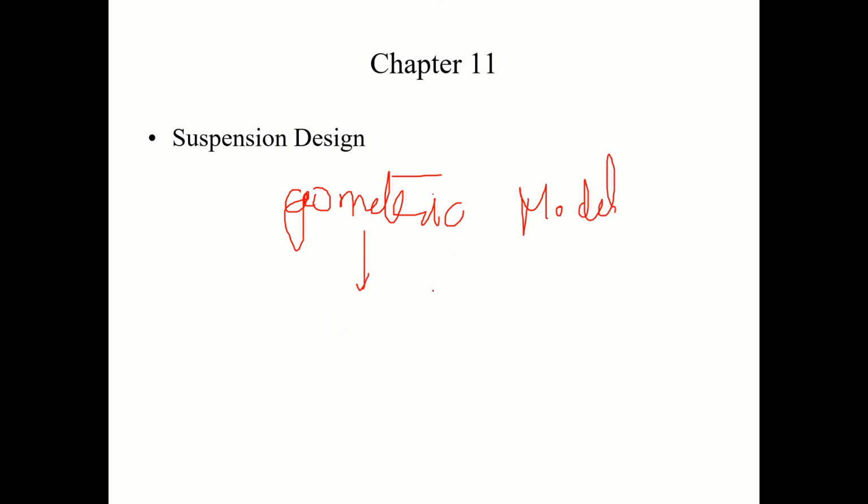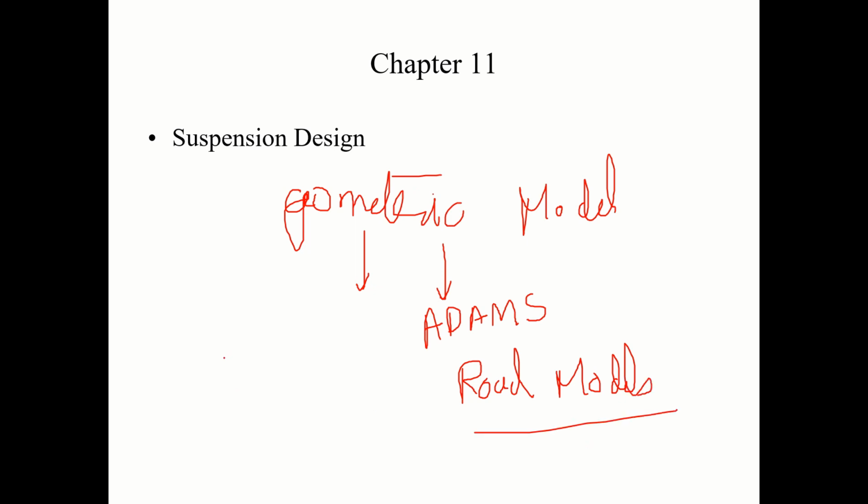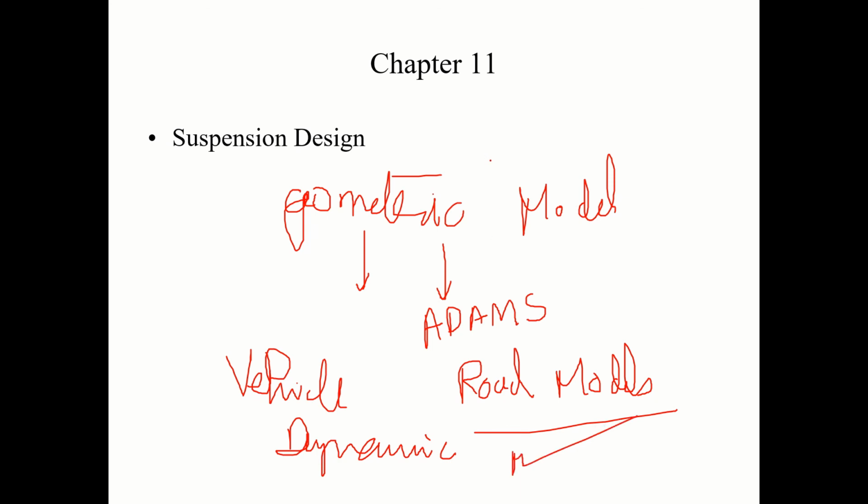Then once suspension design is done, we can create a geometric model of the vehicle. And with this geometric model of the vehicle, we can simulate. Okay, we can do it in Adams first, and we can simulate considering various road models, and we can tune the parameters. Okay, and we can perfect our vehicle dynamics design. Once vehicle dynamic design is there, then we can perform the mechanical design. Okay, so whatever you have learned, this will help you to perform simulation in Adams,